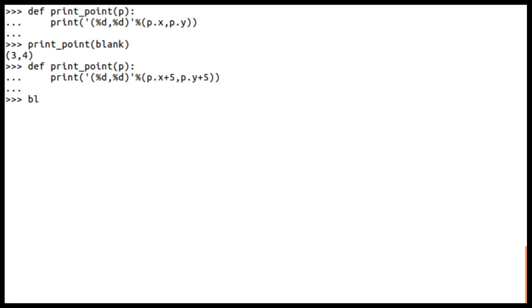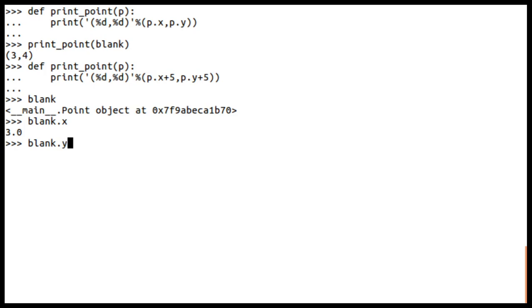Now let us first see the blank object, blank.x and blank.y. Both attributes are 3 and 4.